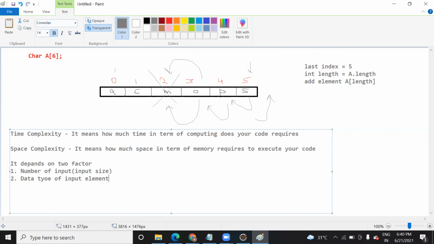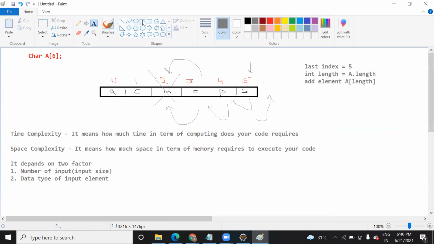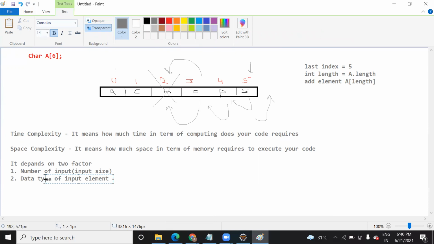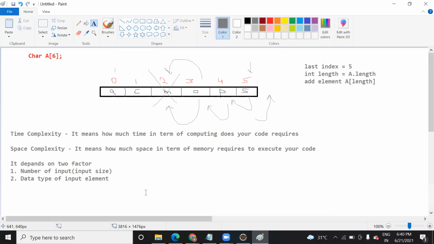Okay. So for example, let me tell you. Suppose for example, you have a memory. Okay. So inside that memory, you have four data. Four cells are there. Each cell is of some size, suppose. Okay. Let me first draw it.